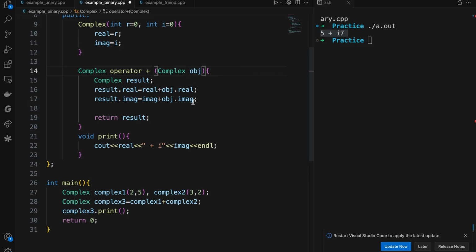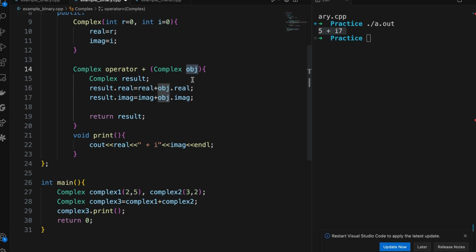So here we are passing complex 2 without any reference, so this complex 2 will first be copied to this object complex, a variable of the data type, and then we will perform the addition. This makes the code less efficient, so that's why we pass it as a reference, right? So now the whole